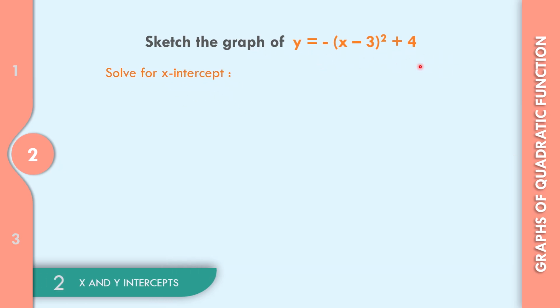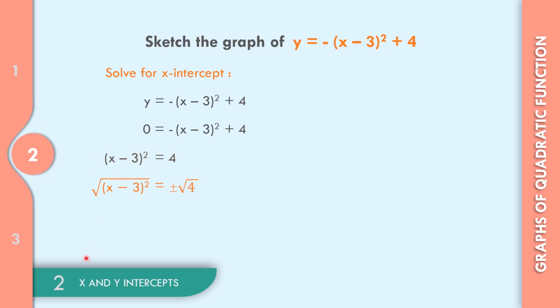So this is the vertex form. Let us copy, and then let us replace the value of y by 0 in the given equation to solve for the x-intercept. Using the square root property, the negative goes to the left side, that becomes positive. The quantity x minus 3 squared is equal to 4. Let us write the square root on both sides with positive, negative. The square and the radical sign cancel, that becomes x minus 3. Copy positive, negative, and the square root of 4 is equal to 2.